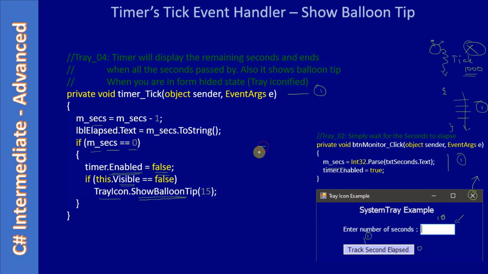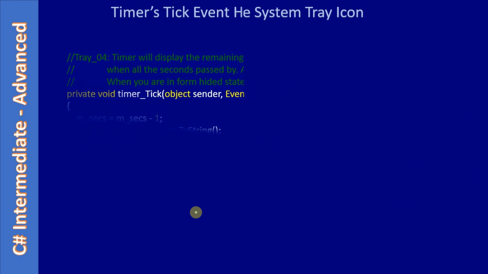For the balloon tooltip, we already set 3 properties on the tray icon, right? If you recall, the properties are balloon tip text, balloon tip title, and balloon tip icon. So based on those properties, when we make a call to show balloon tooltip, it reads these 3 properties, which we talked about in the previous video when we learned about the tray icon properties. Alright, now